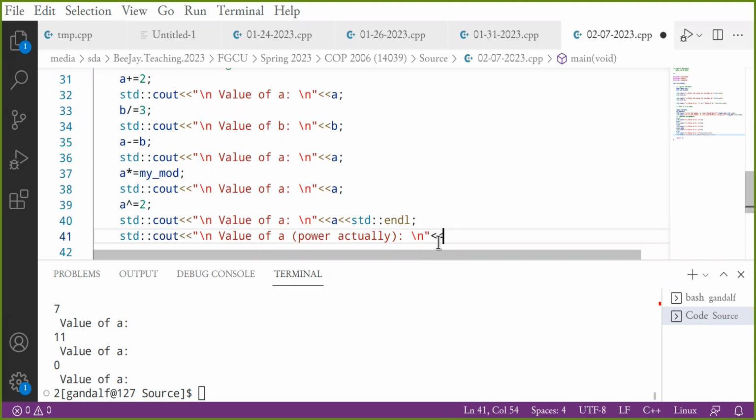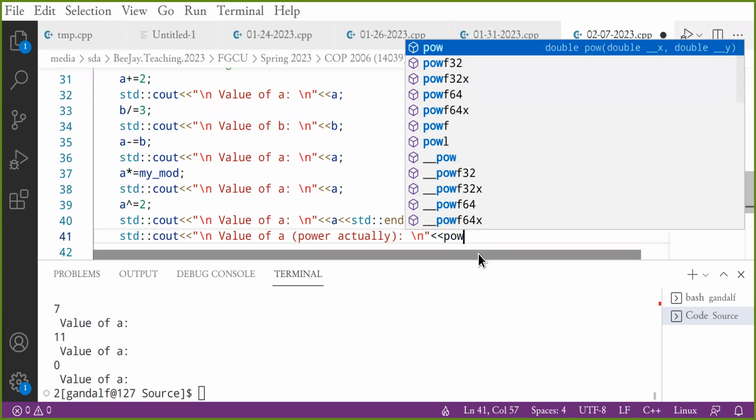When I printed A, I ended up getting 2. Yes, the value got stored as 2. So I know the value of A is 2. So this time, instead of using the caret sign, I'm going to use POW, doesn't stand for prisoner of war,